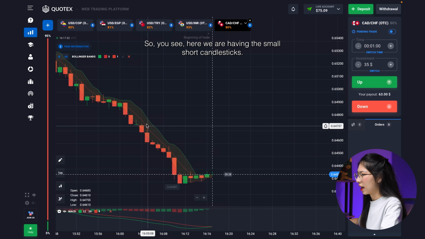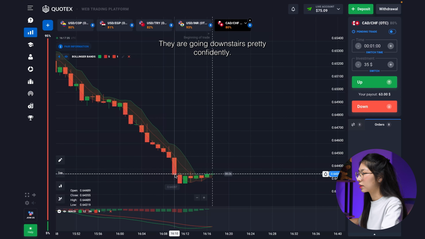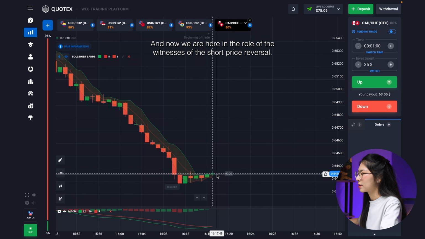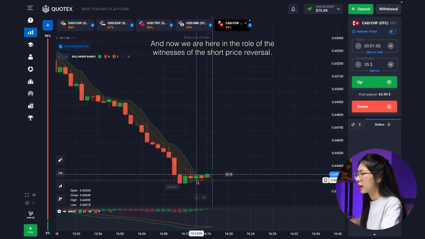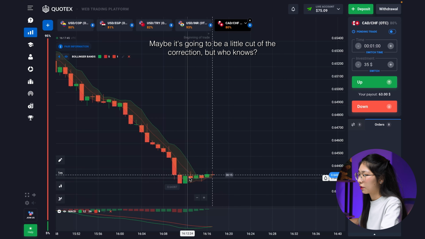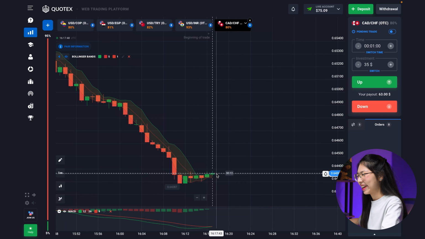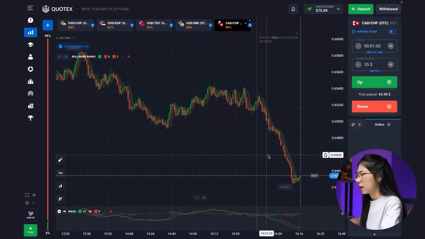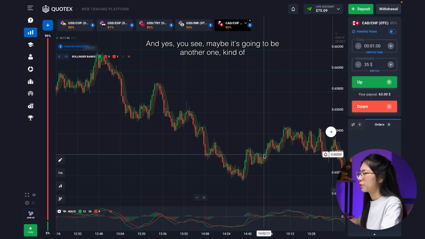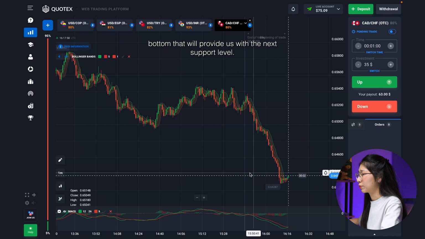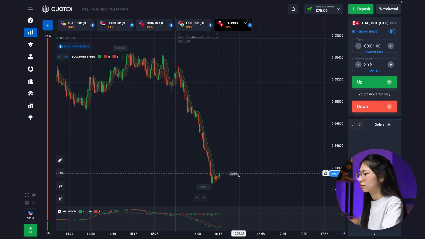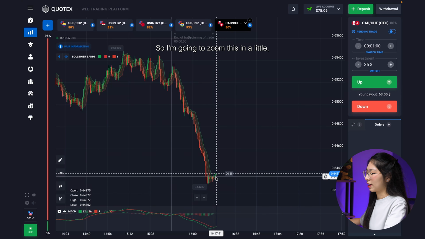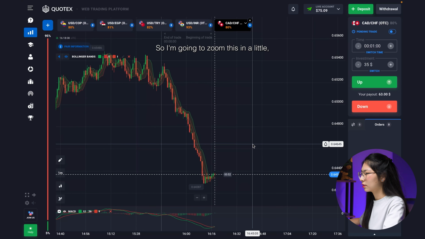Okay, you see here we're having the small short candlesticks. They're going downstairs pretty confidently. Now we're here in the role of the witnesses of the short price reversal. Maybe it's going to be a little chaotic for the correction, but who knows? I'm going to zoom this out. Yes, guys, you see maybe it's going to be now one kind of button that will provide us with the next support level. Who knows? It's obviously the reversal story, and I'm going to zoom this in a little,